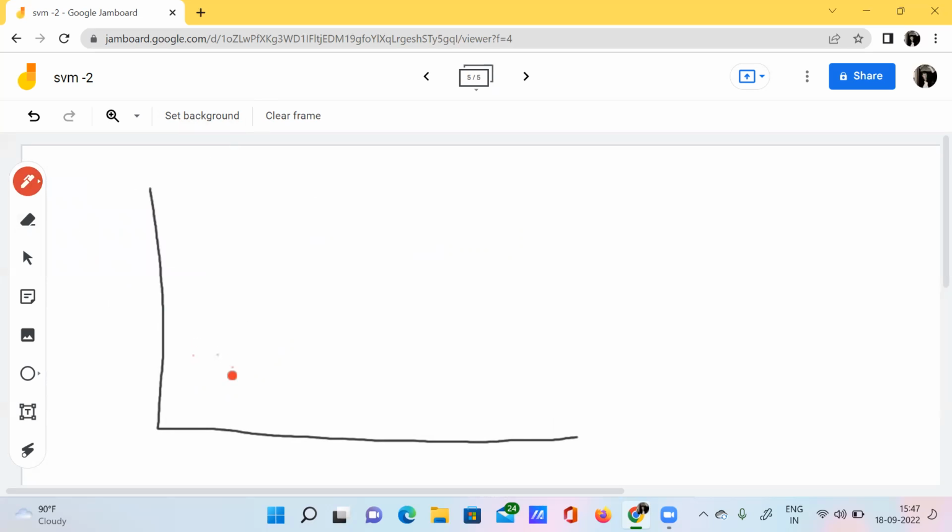See here. Okay, so we have so many data points here, and now I have some more data points here also.